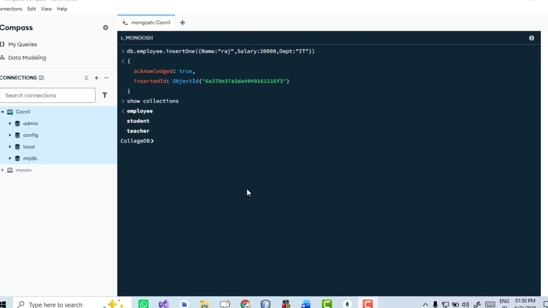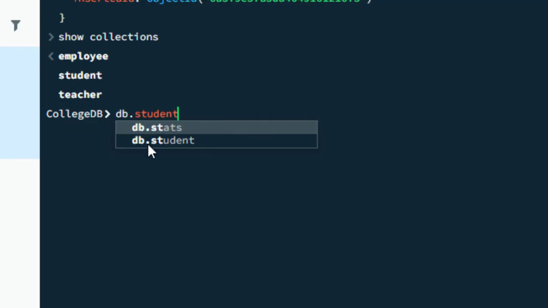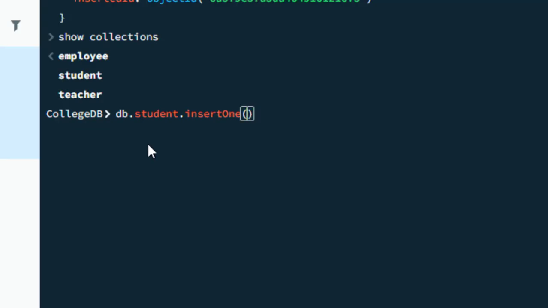Okay, now suppose we want to insert a record into the student collection. So again we write db.student.insert1, and inside we write curly brackets. Now we first give the name of the student, name colon, within double quotes I am giving the name Rajesh,